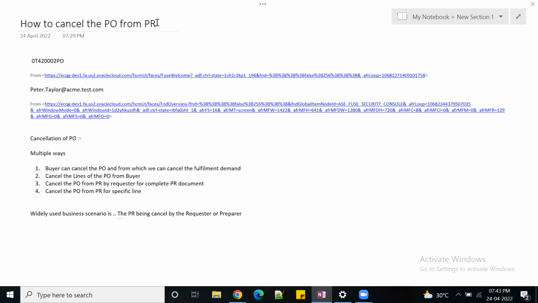So today our topic is how to cancel the PO from the PR, purchase requisitions. There are a lot of business scenarios which will be widely used by the business team, but most of the time, the widely used scenarios are two things. The PO can be cancelled by the buyer, or the PO can be cancelled from the PR. So there are multiple ways. First way, what I'm trying to say is the PO can be cancelled by the buyer,